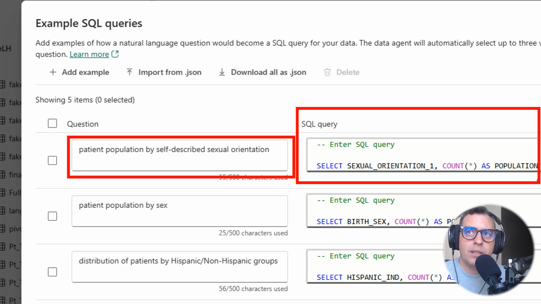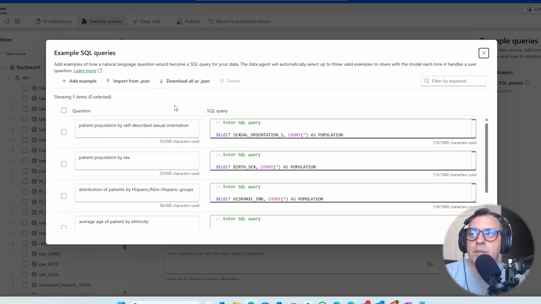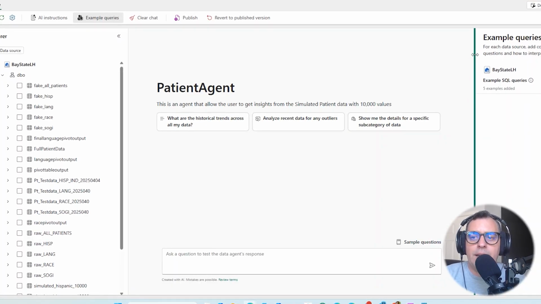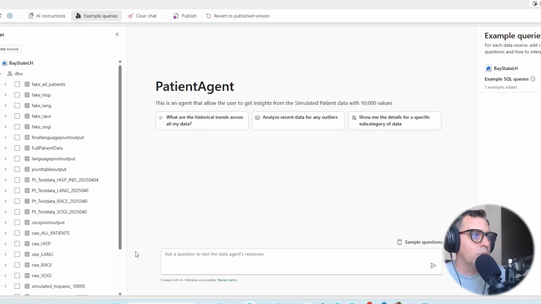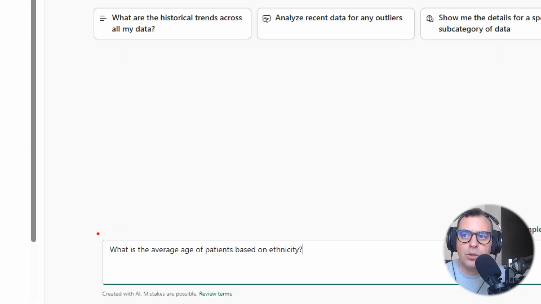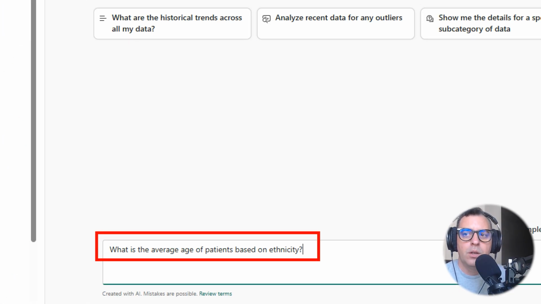And you also have that option at the top that you can import some of the queries from a JSON file, and you can download those JSON queries to your machine as well. After you start training the agent, you are going to be able to go and ask some of the questions. Remember that it is a really key element to go to your business and ask them, hey, what are the questions that you're willing to answer from your agent?